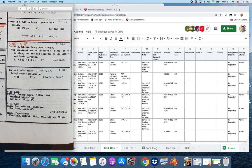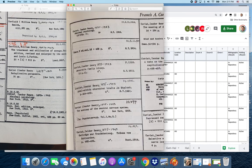The 1921 record is also held off-site. Those were the 2 records that we accounted for in the spreadsheet. And the 19033 record at the top corresponds to an item held in CHOM. And so you can see that to determine ownership and location of these items requires some scouting both in HOLLIS and in the spreadsheet. But in the end,